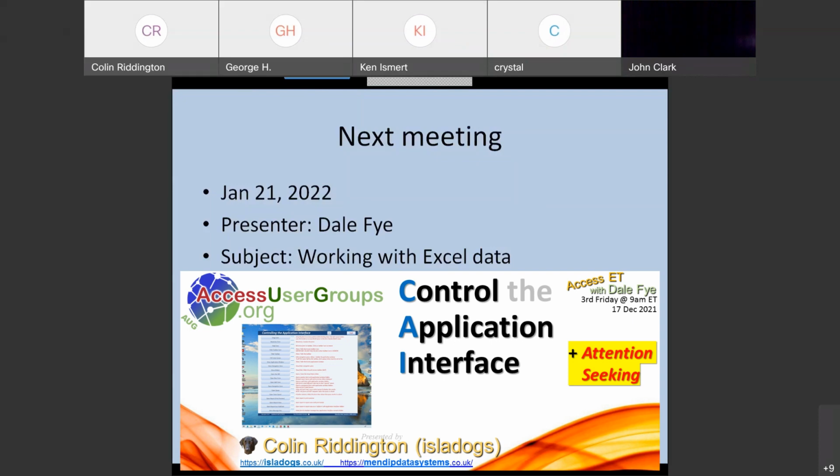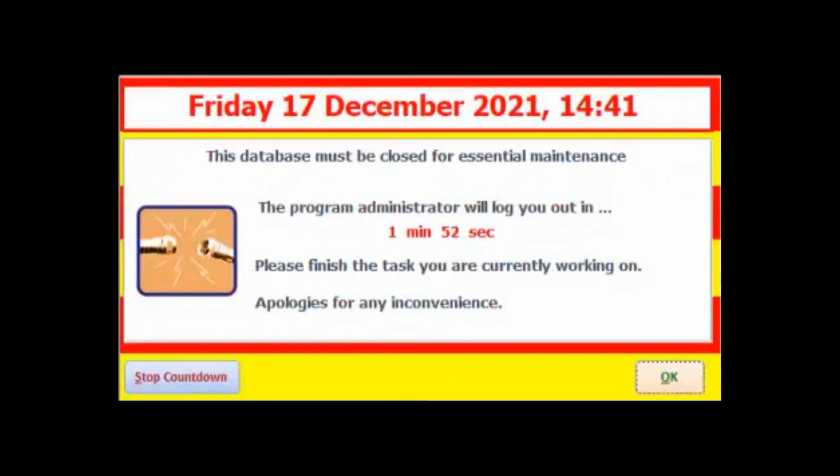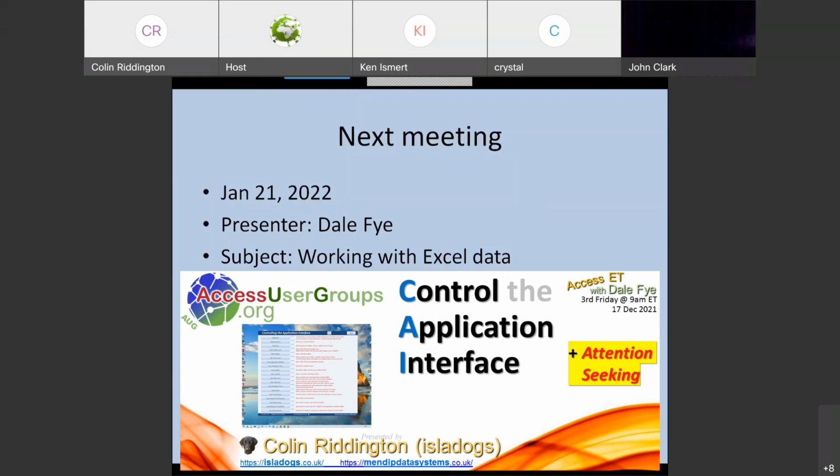Ken, what on earth is the circus tent look? That was one of your forms with alternating red and white horizontal stripes. Oh yeah, basically I'm about to close down, get out, and that's the one with the text-to-speech. Yeah, I guess I have worse taste than anybody else, but I kind of liked it. I hope all of your forms don't look like that, otherwise it would have no impact at all, other than turning your users away from the screen. But anyway, I've used that form for about 15 years. It does the job. It was deliberately gaudy, so I'm done, and hopefully it's been useful to some of you.